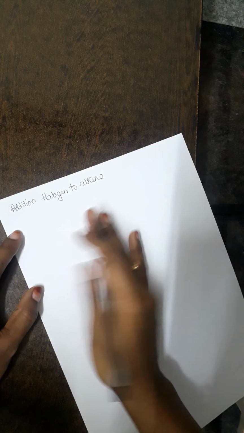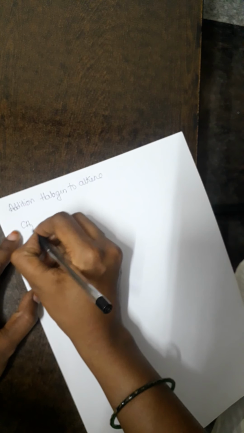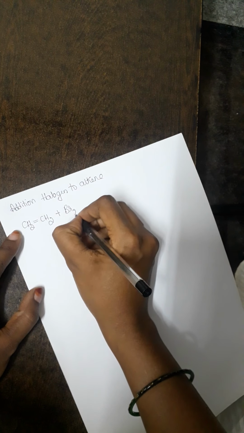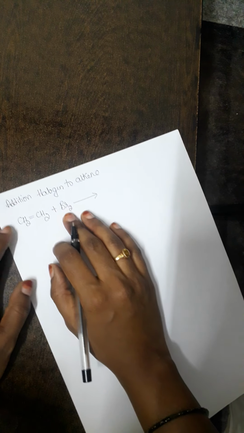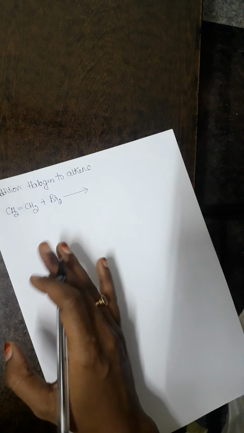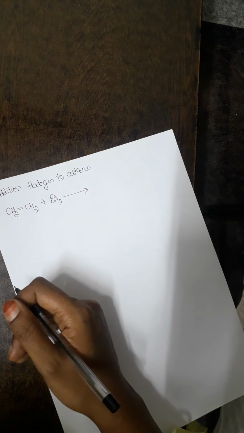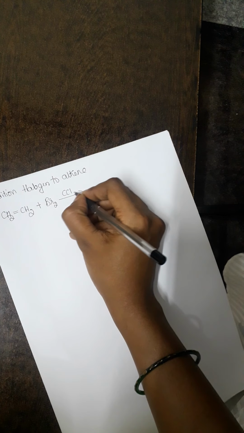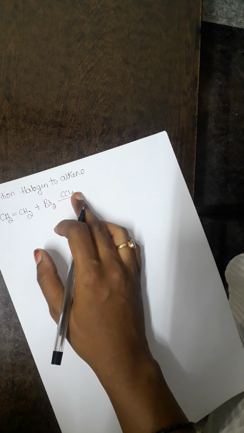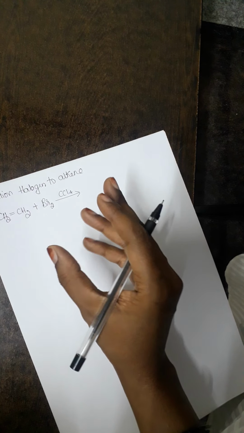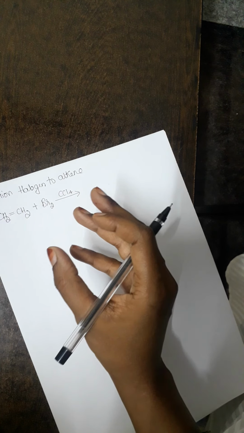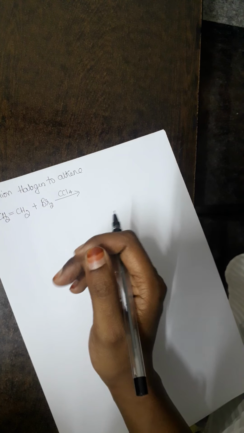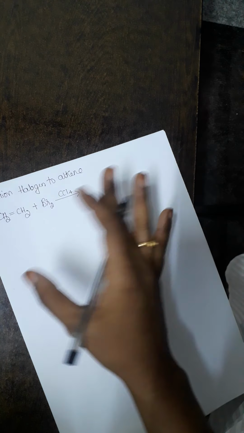What are alkenes? As you all know, they are unsaturated hydrocarbons with a double bond. Here we are adding bromine. You are already aware from your first year that this is a very well known reaction. It is a characteristic reaction for unsaturated hydrocarbons, bromination. Bromination is usually carried out in the presence of CCl4 as a solvent. Bromine in CCl4 is reddish brown in color. When this reagent is added to an alkene, the color will decolorize, and we end up with a product which is colorless in nature.